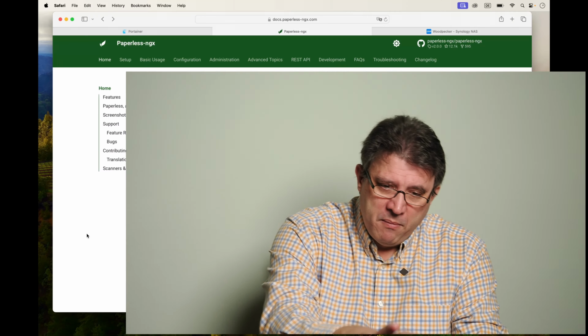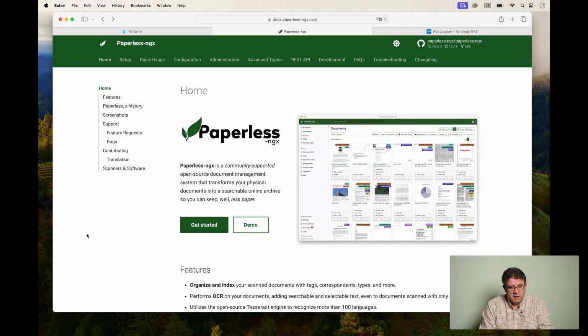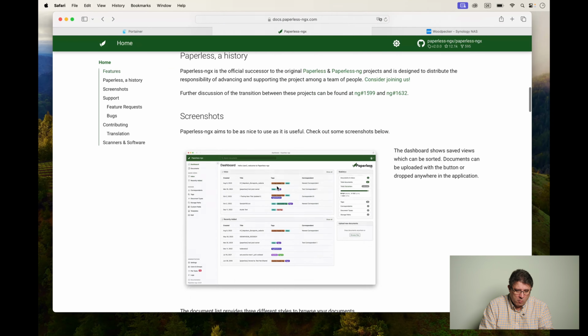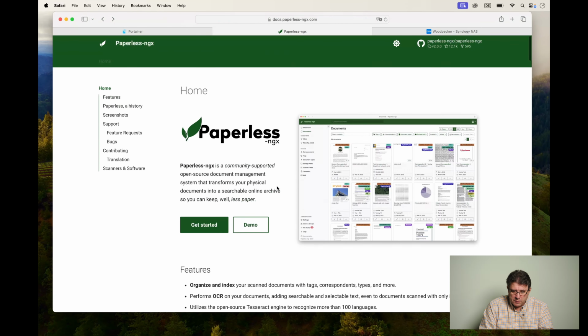As I just said, we are going to have a look at the latest version of Paperless-ngx, which has been released just a few hours ago. I'm displaying the main website of Paperless-ngx here. There is no mention of the latest version here in the normal text, although I have to admit that most probably the screenshots have been adjusted. The only mention of the latest version is up here on the top right corner,